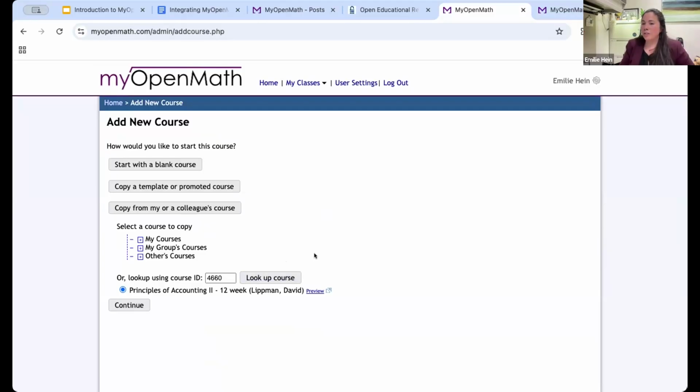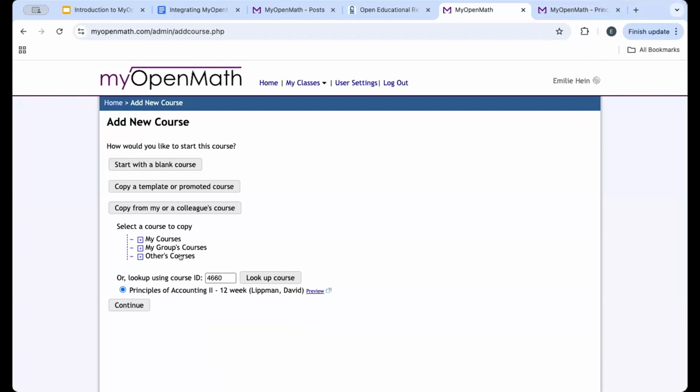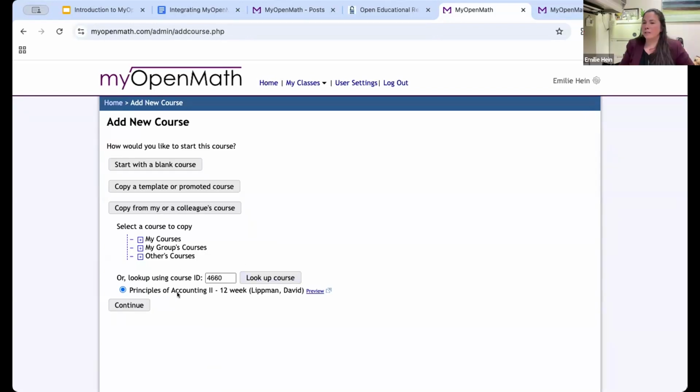Are you logged in by any chance? Okay. So you're doing the same steps I did. So we did the preview, but at this point, what I would do is actually hit continue, because